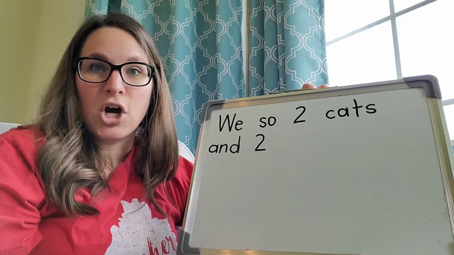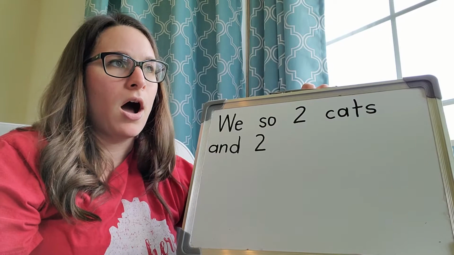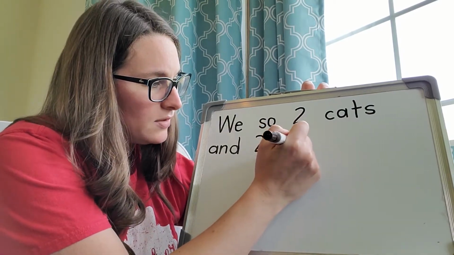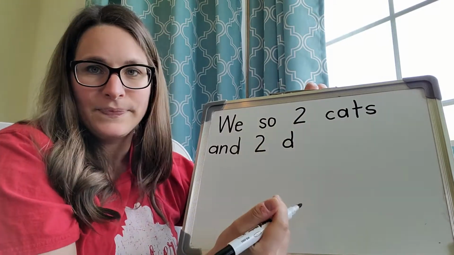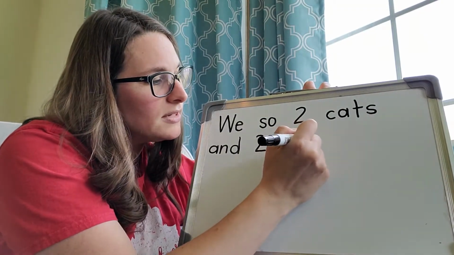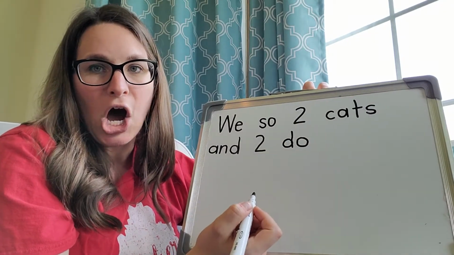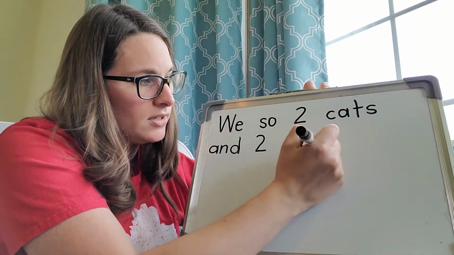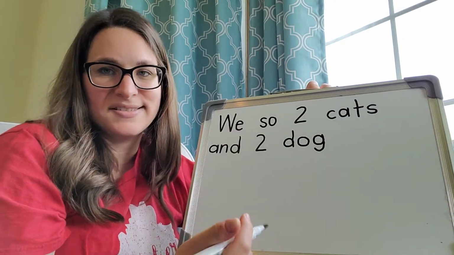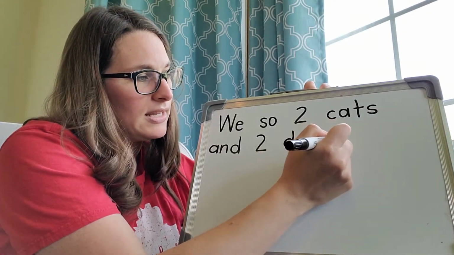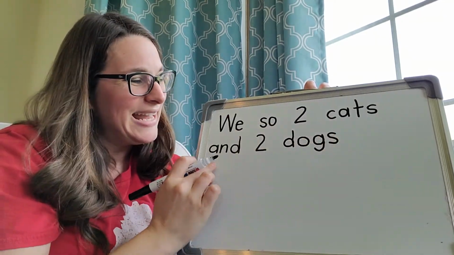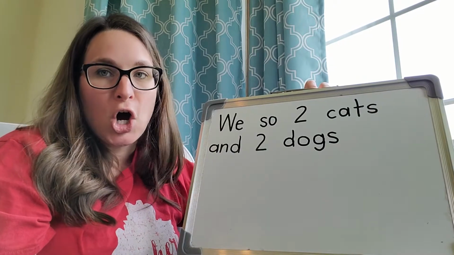So I'm going to write dogs, D-A-G-S. At the beginning of dogs, I hear the D sound, so I'm going to make a D. D-A, I hear an A sound, so I'm going to do an O. D-A-G, I hear G, so I'm going to do a G. D-A-G-S. And then at the end, I'm going to make an S for S. We saw 2 cats and 2 dogs on